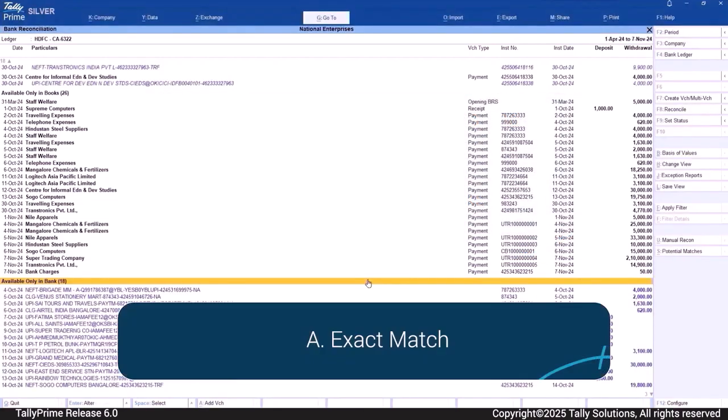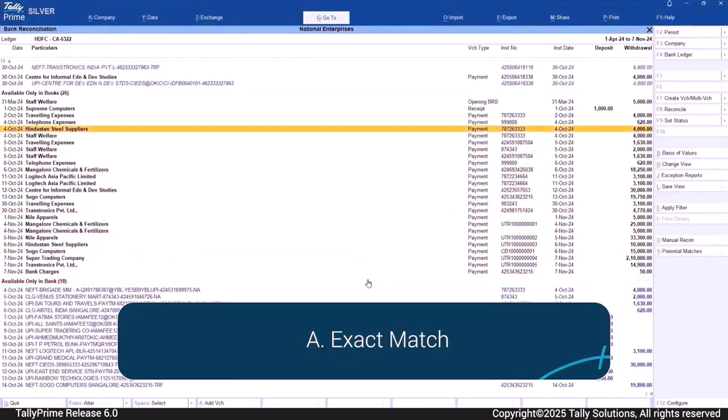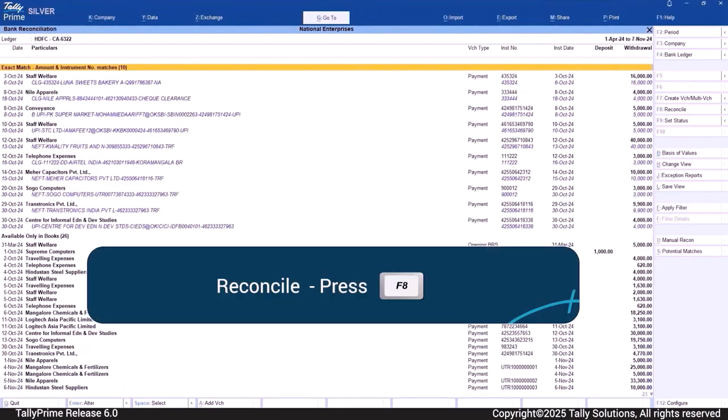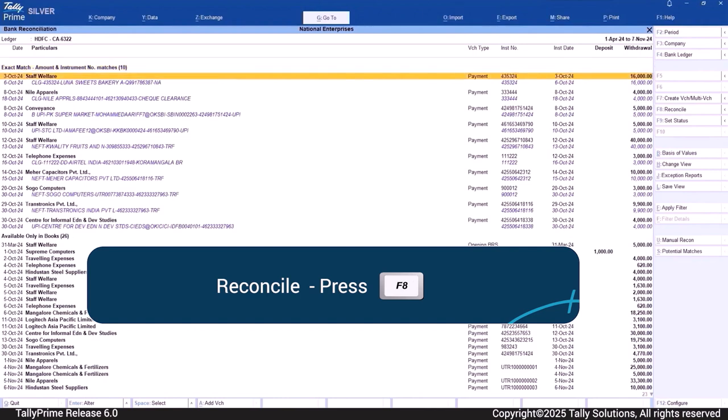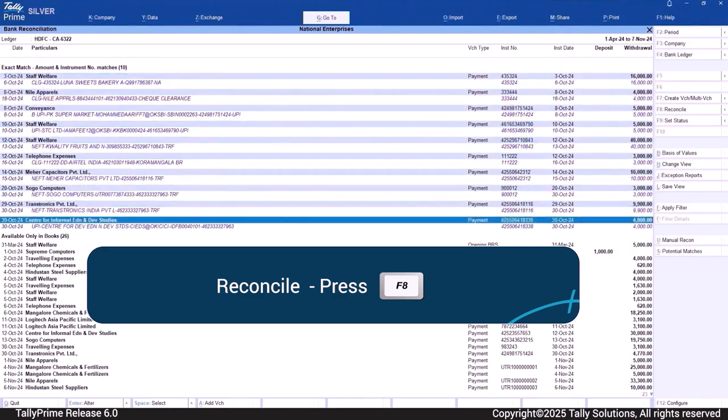Let's see how you can reconcile the transactions with exact match. Transactions with matching amounts and instrument numbers in both the books and the bank will be listed under Exact Match. Select all the exact match and press F8 to reconcile the transactions.